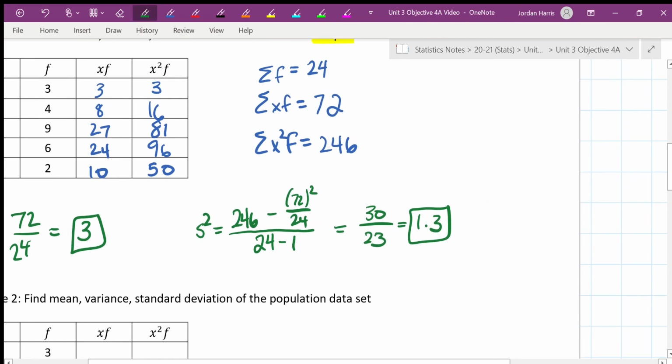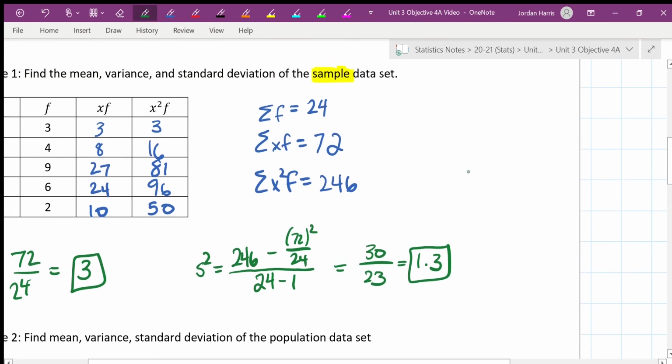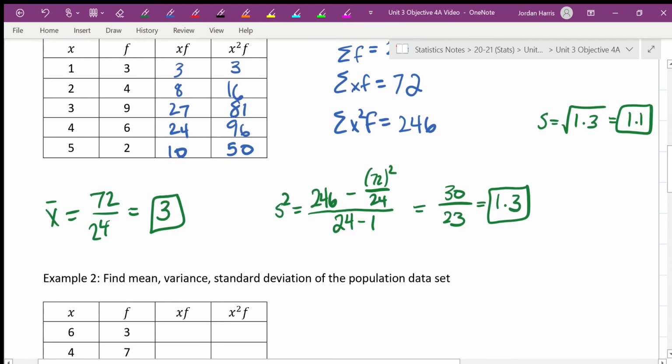And then the last thing is my standard deviation. Running out of room a little bit, so we'll go up here, which is the square root of variance. So that one should be easy. Square root of that, and you get 1.1. Okay, there we have it. Number 2,